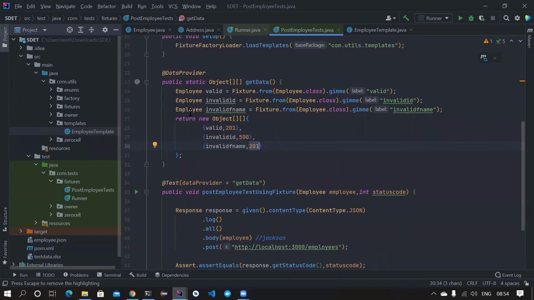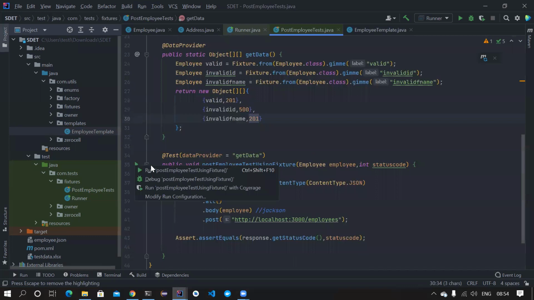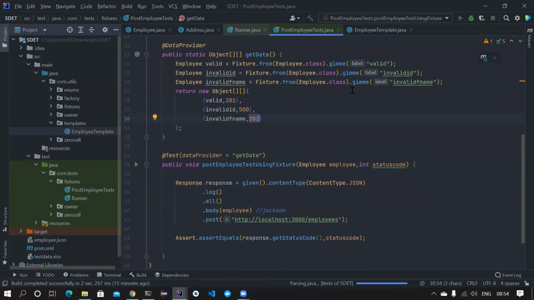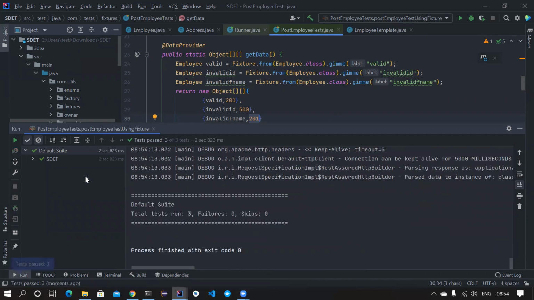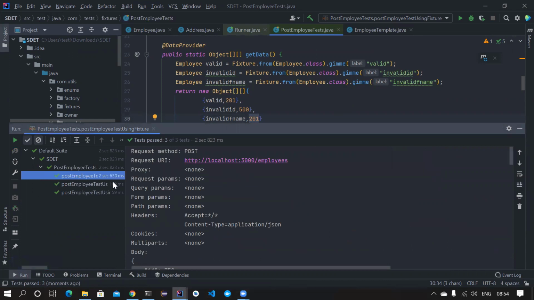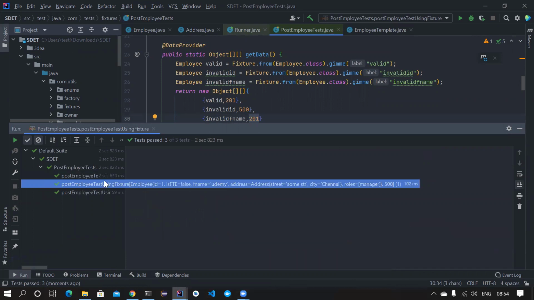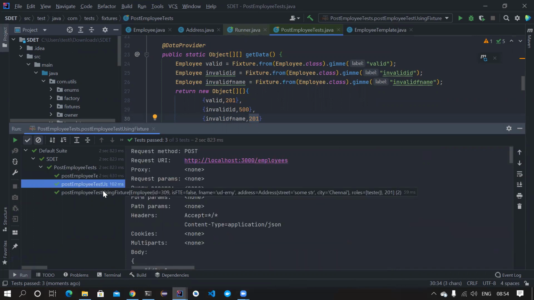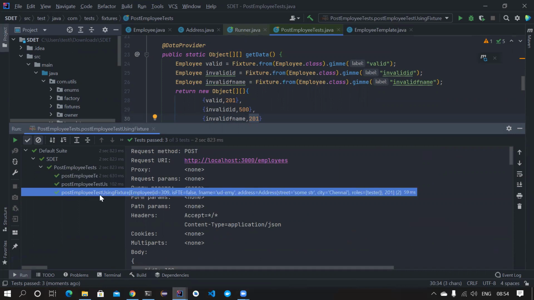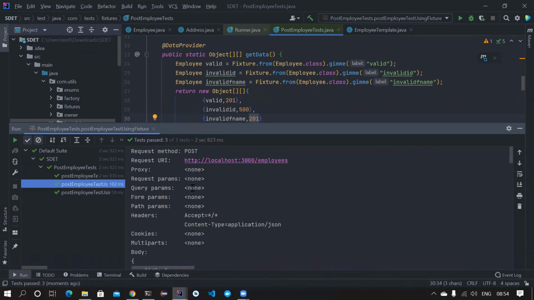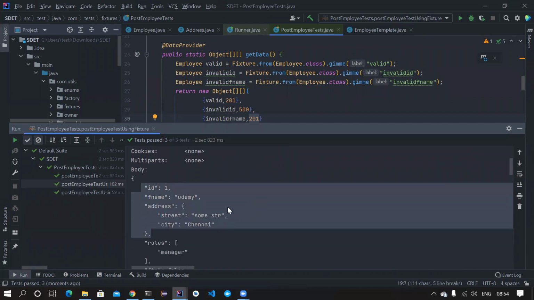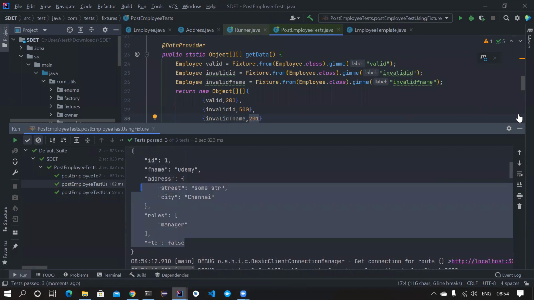Now let's first try to run it and see what's happening. Let's see whether it is working. It has to run 3 times, and if you notice, it has run 3 times. The first time it generated an ID of 758, the second time an ID of 1, and the third time an ID of 309. And the first name is basically UD hyphen EMI. So it is working as expected. You can also see the logs, the first name logs, all the logs. You can see what kind of Pojo it generated. Good, so this is working absolutely fine.